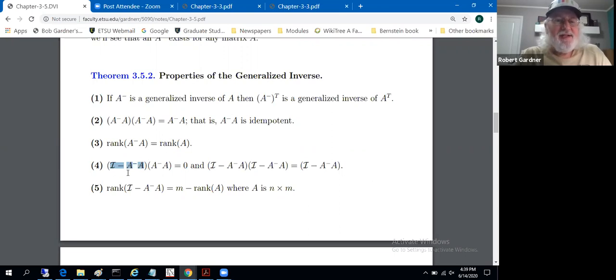So it isn't that unnatural to look at the identity minus this product, because I'm thinking this generalized inverse deal is kind of like an inverse. So it's reasonable to look at this difference. The claim is I minus generalized inverse times matrix A, multiplied by generalized inverse times matrix A. We'll have a little bit of a fascination with that product to continue. The claim is that equals the zero